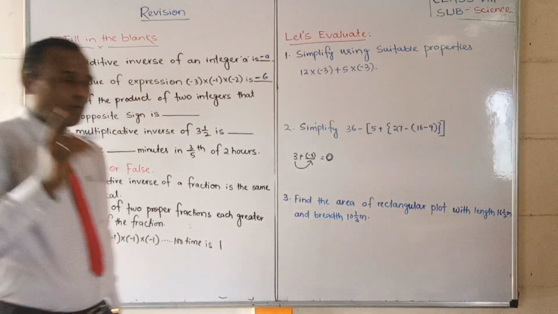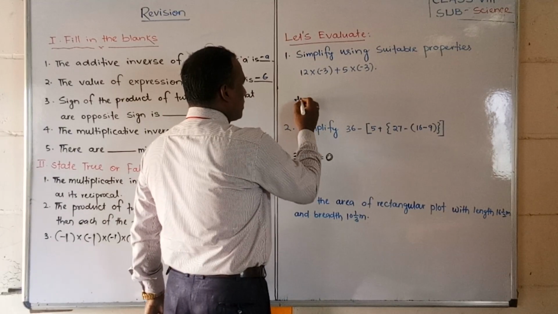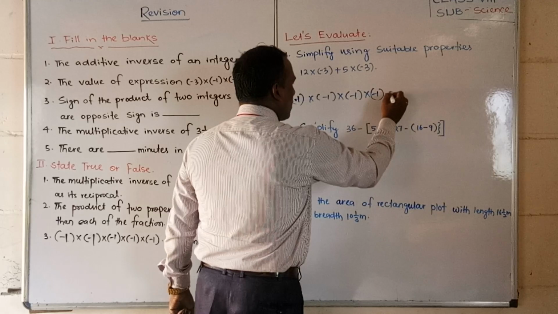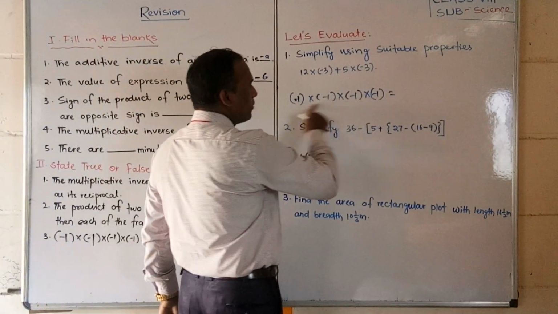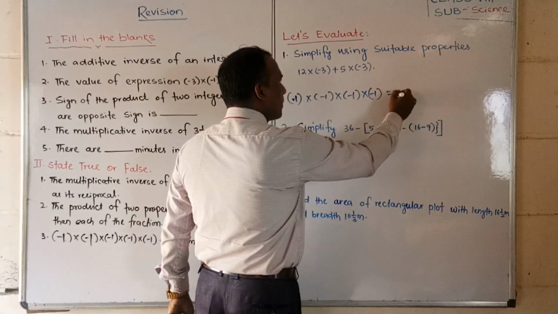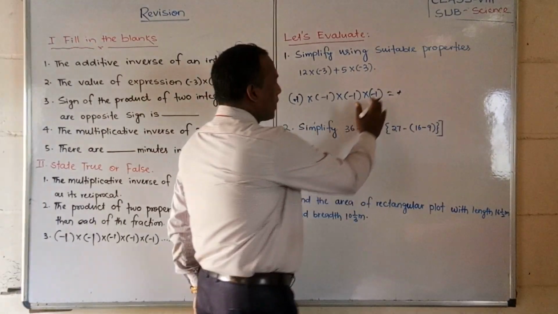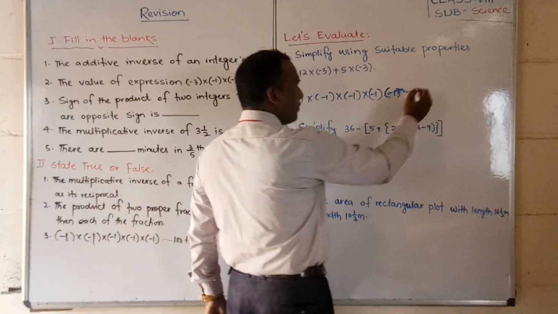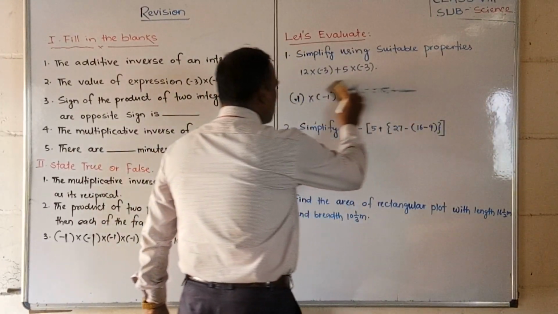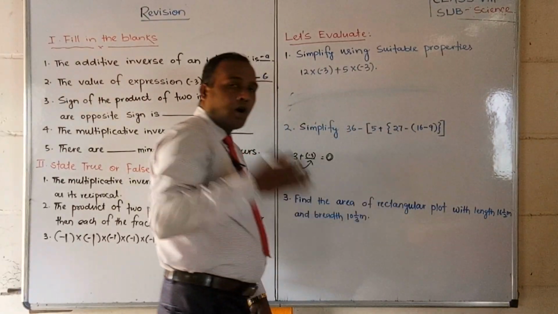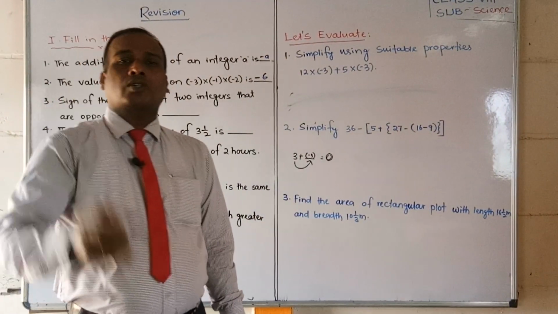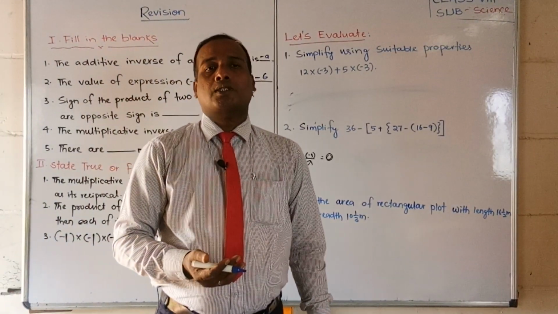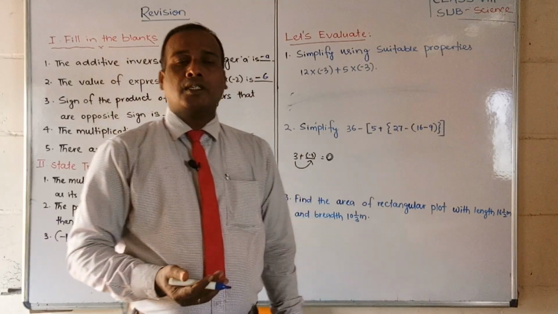Did you understand, friends? Suppose minus 1 into minus 1 into minus 1 into minus 1 is equal to how much? Friends, whenever you multiply 4 negatives, it will compulsorily come positive. Whenever you multiply 5 negatives, 5 is an odd number, so the sign will come negative. Do you understand? Whenever you are multiplying an odd number of negative signs, the result will be negative. Whenever you are multiplying an even number of negative numbers, you will get a positive sign.